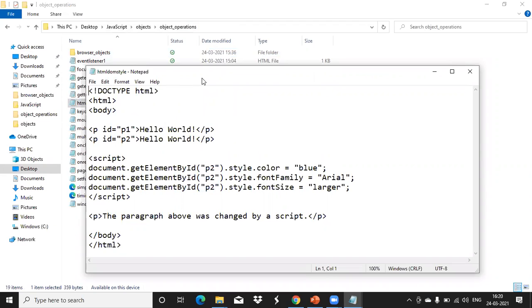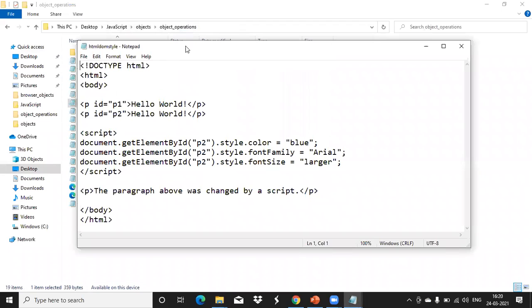See here, this is the same getElementById method we used. Instead of innerHTML, we used a different property: style. That means now we have included CSS also. The HTML tag is there, and if you want to implement some CSS styles for the tag dynamically, this is the way. So we used all these three together.